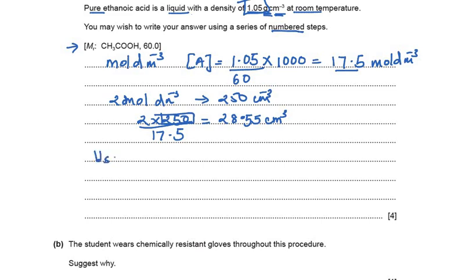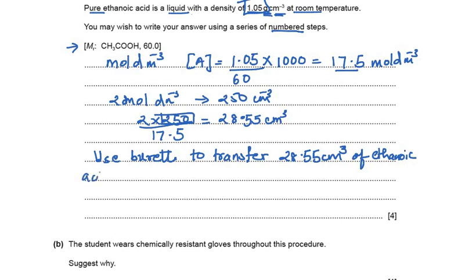Use burette to transfer 28.55 centimeter cube of ethanoic acid in 250 centimeter cube volumetric flask